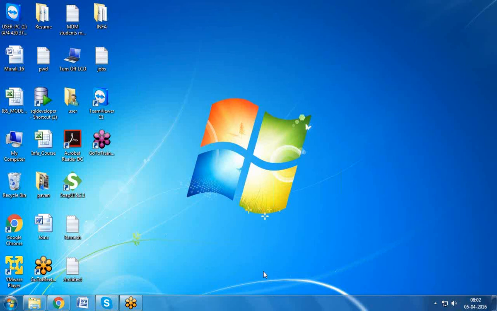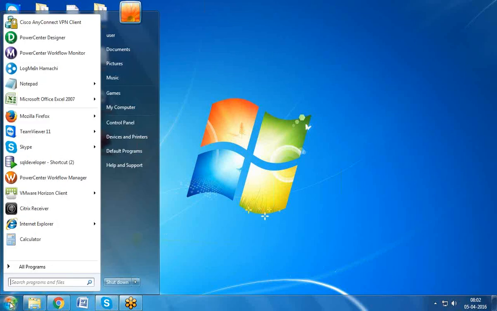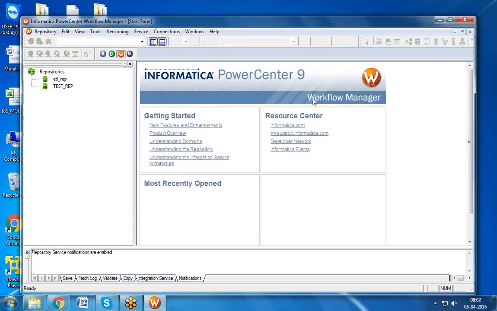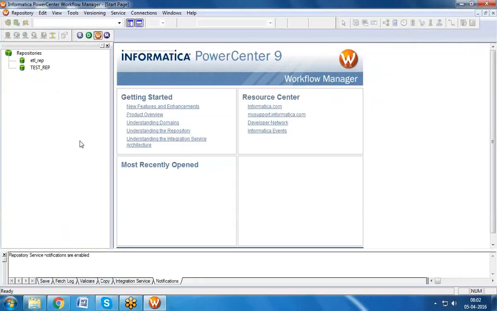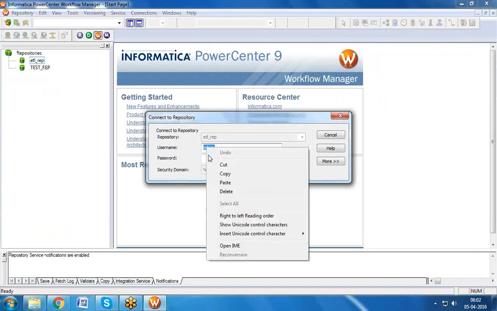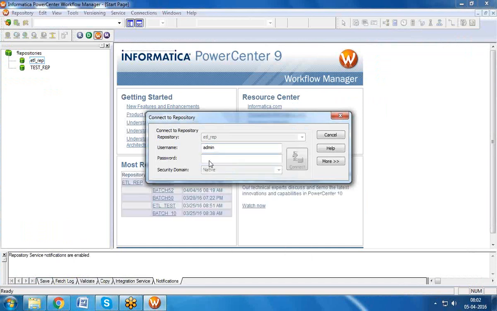So today we'll discuss something about workflow properties. So guys, let's recall what we have done. For each and every session, we used to create a workflow, right? But in real time, it doesn't work in that way. For a group of sessions, you create a workflow. That is called batch. So what is batch?